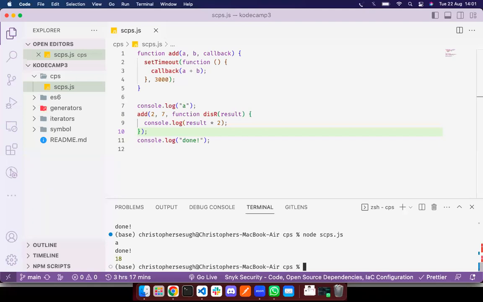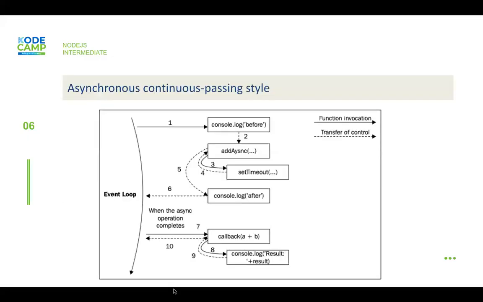Can you see that? We immediately got our A back, but the done is at the end. Well, we got our done before the result was processed and returned. So this is asynchronous. It will take 3 seconds for this to execute, but this one here is synchronous. Now let's see what exactly is happening. The asynchronous continuation passing style, this is what is happening. Let's assume the first console log we had was